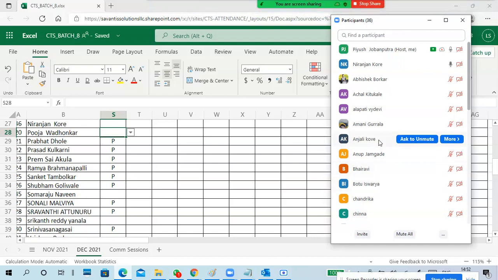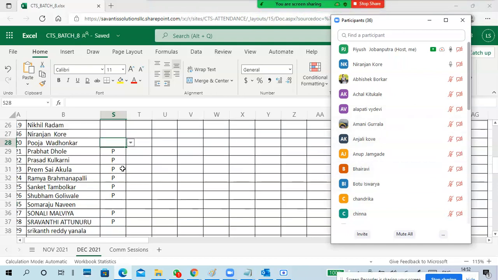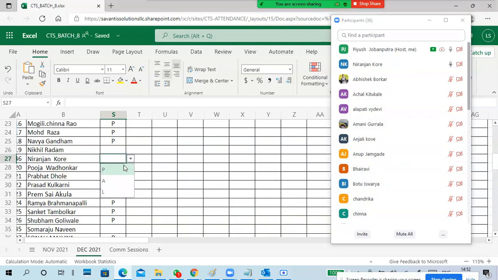Two more members are added. Niranjan also came. Yes, sir, Niranjan Kore, sir.